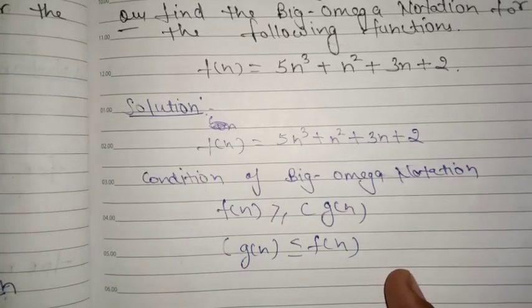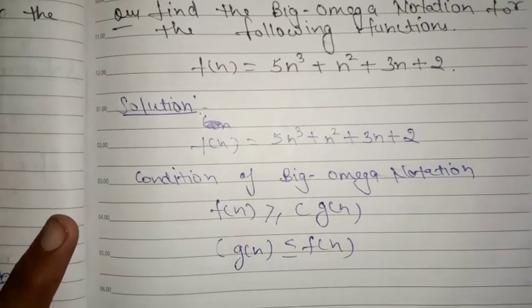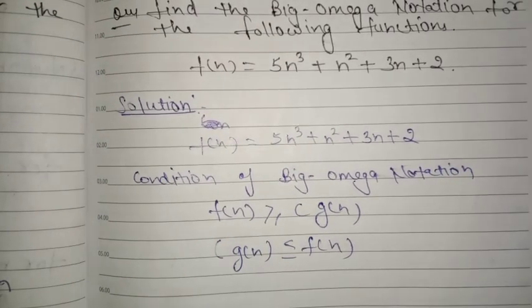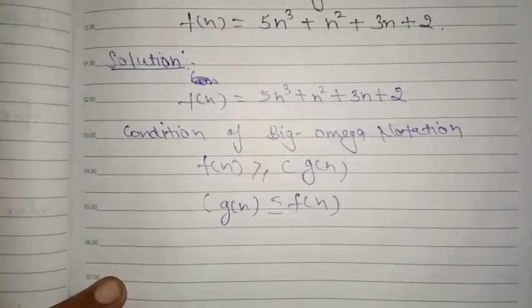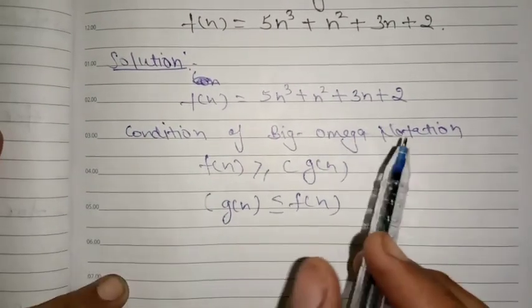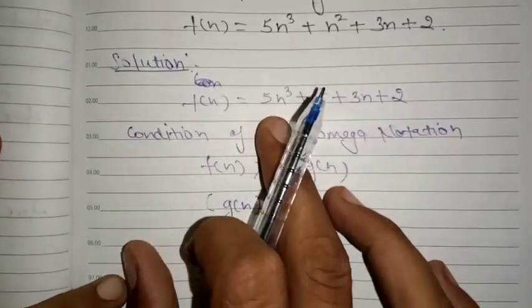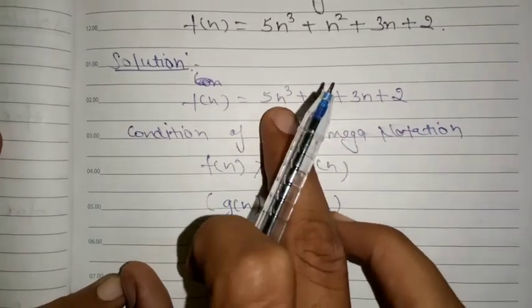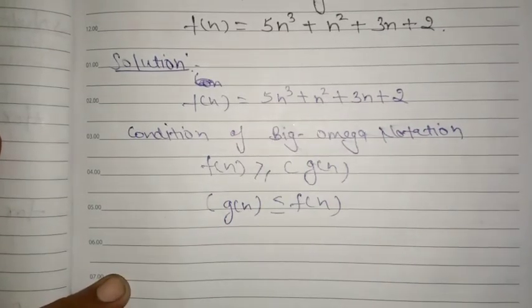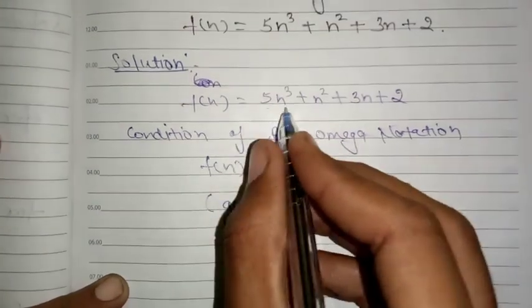Now let's see the first step of the solution. It is very simple to solve this type of question. So find the big omega notation of this problem. First we check, by applying the theorem, the order of the polynomial in this function. Our order of polynomial is n cube, the highest power. So write here 5n^3